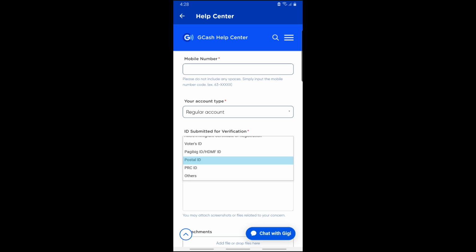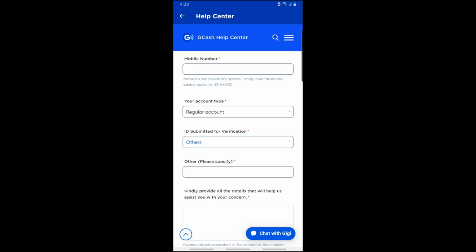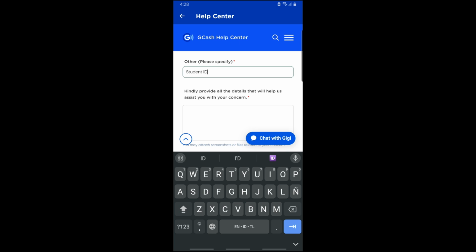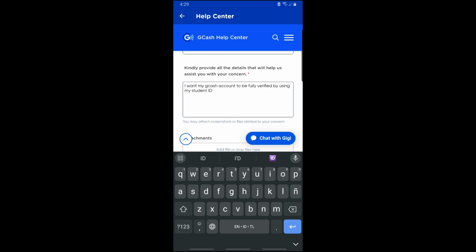So just simply tap on others. And from here, just simply provide over here student ID. And now from here, guys, just simply provide the details so GCash support can help you. So just simply say, I want my GCash account to be fully verified by using my student ID, and just simply explain furthermore. So I'm just gonna explain a little bit just for this video and just simply scroll down,